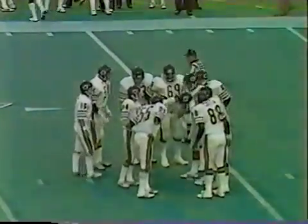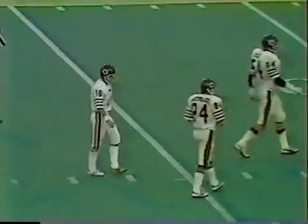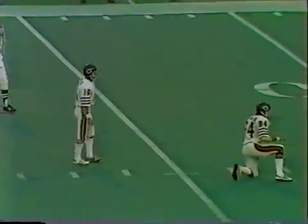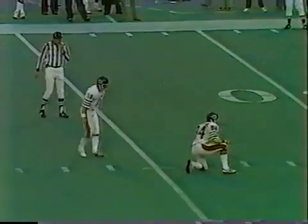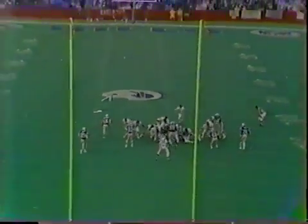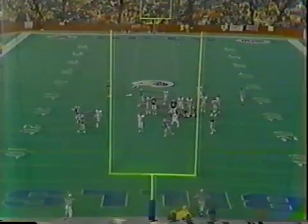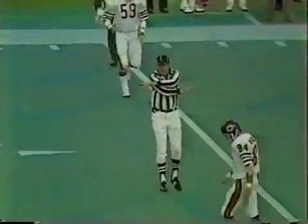So this is going to make a pretty long attempt by Bob Thomas. It'll be about 44 yards with the win. Ashnagel holding. That is going to be short. A 44-yard field goal try. Again, the Bears come up empty. And so,